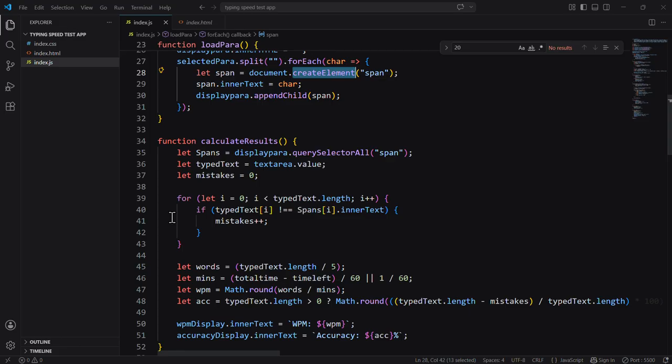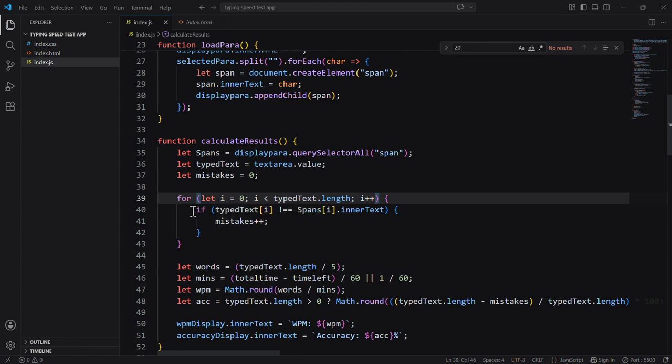Let i equal 0, we make it anything, 1, 2, 3, whichever you like. i is less than typeText dot length. In i increment we use increments. In JavaScript we use increment and decrement in for loops.